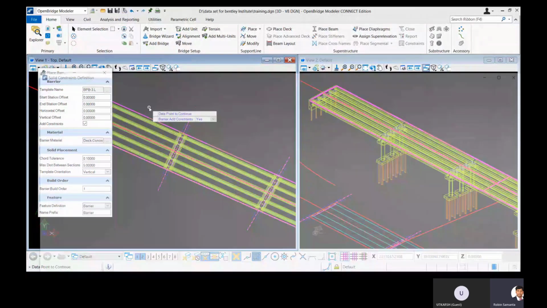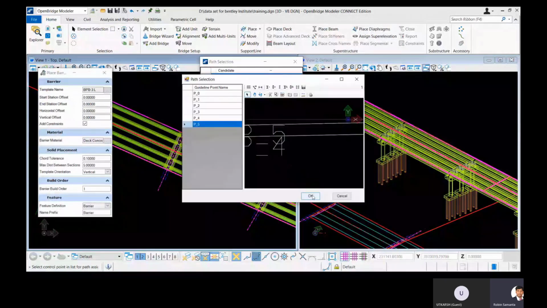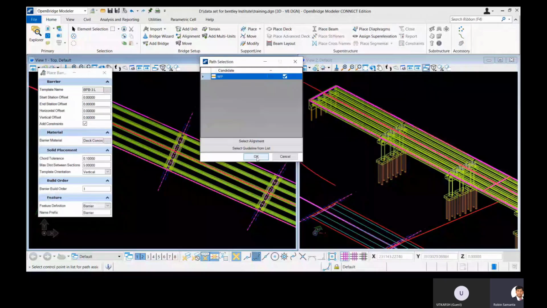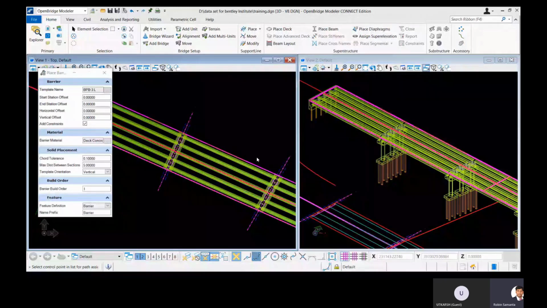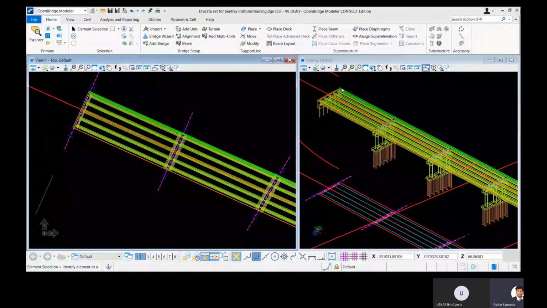Then it will ask which point you want to refer to. So P4 is my attachment point. I want to attach this end, the P4 point, to my deck end. That is my P5. So here you can see that we are giving an attachment point for the crash barrier as well as for the deck. And by this, you can see that it places the 3D crash barrier as well. So it's so quick and so easy.